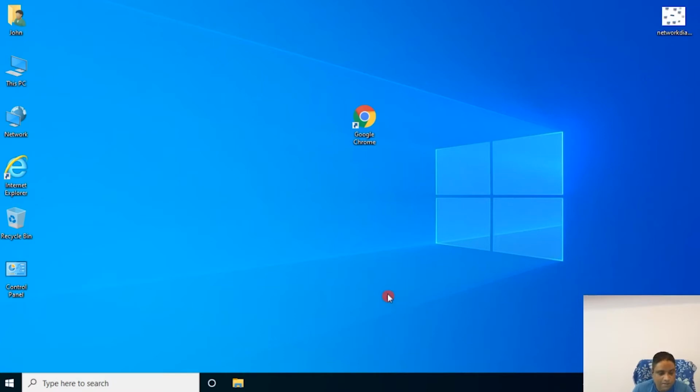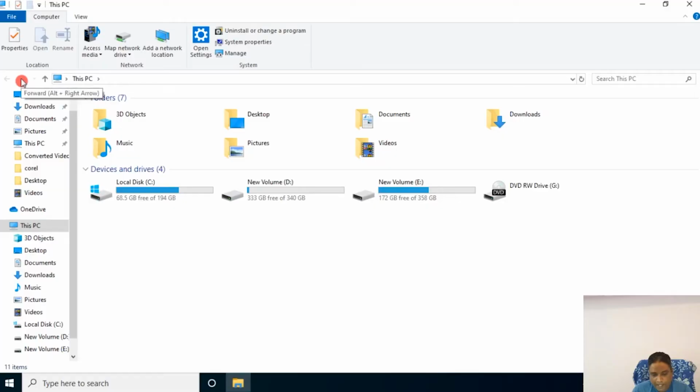I just double click on it and we'll see. Just double click on my computer, this PC. And there we are. We can see on top, can you see my cursor, red color? So this is basically my documents. Can you see on top? This is part of my documents. Then we have C drive.